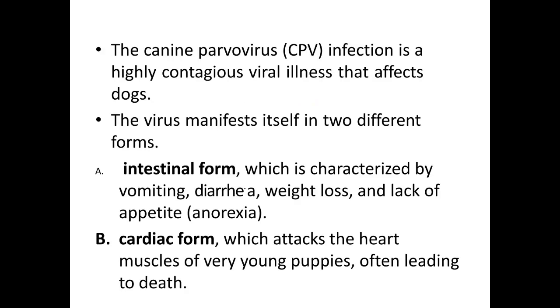Canine parvovirus infection is a highly contagious viral illness that affects the dog. This virus is manifested in two forms: the intestinal form, which is characterized by vomiting, diarrhea, weight loss, and lack of appetite, and a cardiac form, which attacks the heart muscles of young puppies and often leads to death. That is manifested in the form of cardiogenic shock or in the form of pulmonary edema